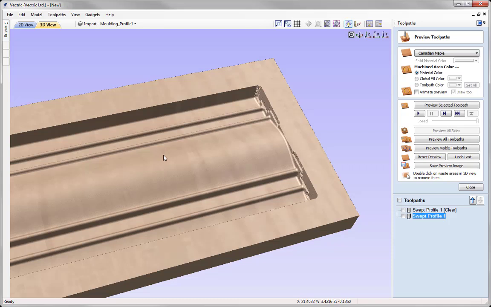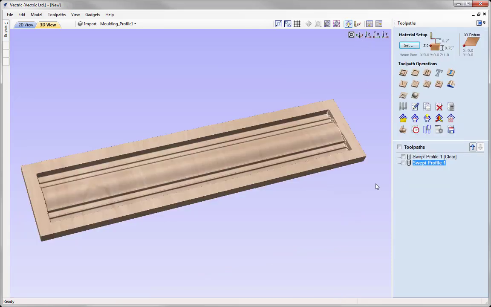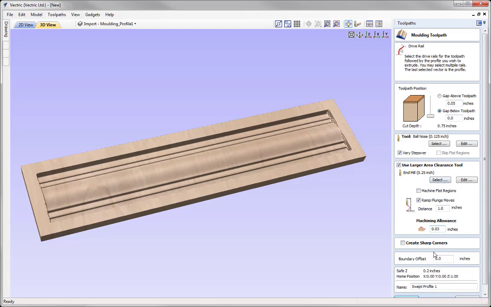But there is another option that we can make use of, and that's where we can efficiently machine flat areas that we may have in our cross section. So let's just close out there. I'll just put that in the ISO view. I'm just going to double click on any one of those toolpaths, and that will reopen up the Moulding toolpath form. And so in the Use Larger Area Clearance Tool section, we've got this option here to machine the flat